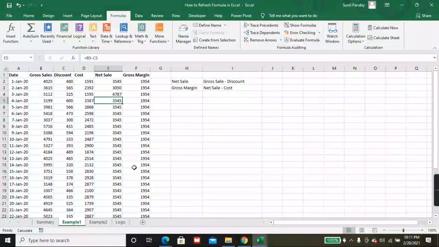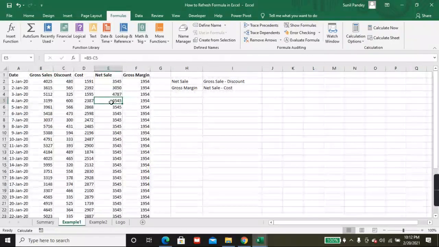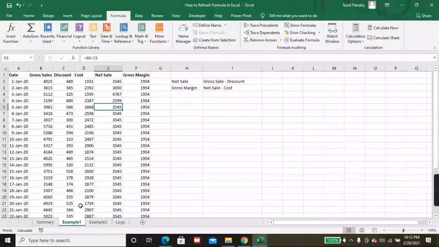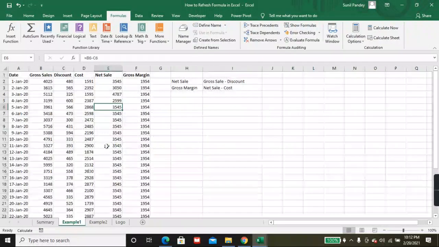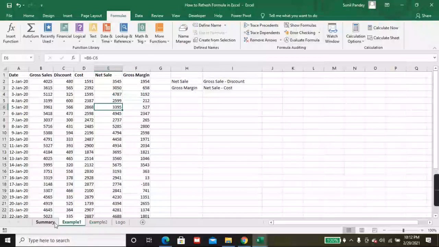If you want to calculate a particular cell, suppose this one, just press F2 and press Enter. See, it will calculate the particular cell only. Now if I press F9, it will calculate all the worksheets, this one also.